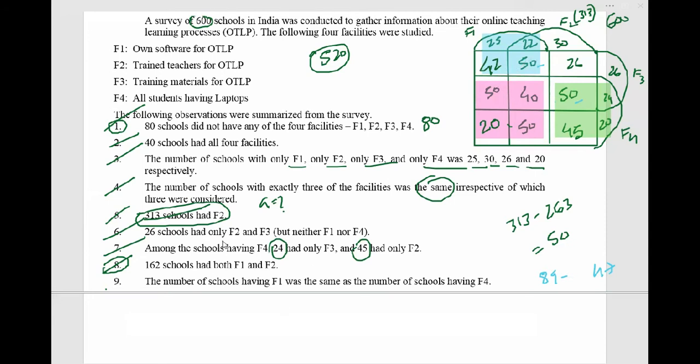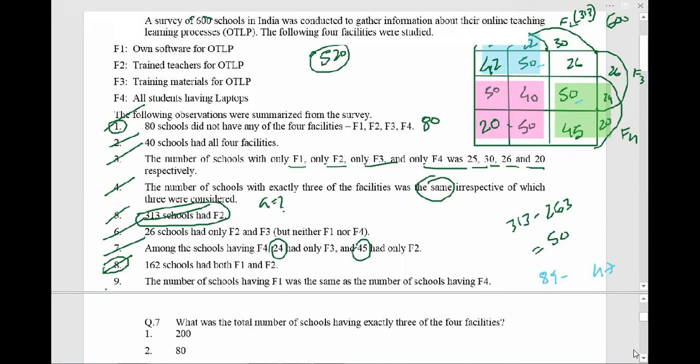So don't use all possible variables at a time. It will only confuse you. It will only frighten you. Yeah, I have used 4 variables, and I have to solve all of them. Be very conservative in using variables. Most of the time, this type of problem can be solved by balance.